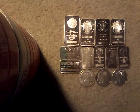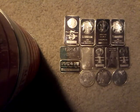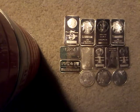In an economic collapse, they won't serve you as well as some of these other bullion pieces. But other than that, I think that they have huge long-term potential, even better than Eagle or Maple Leaf does over time. So definitely something that I'd recommend picking up. Now, number two,